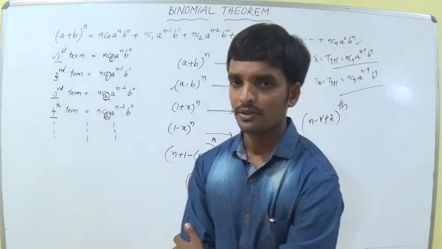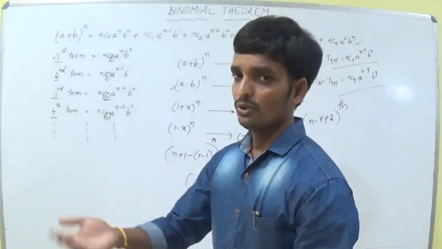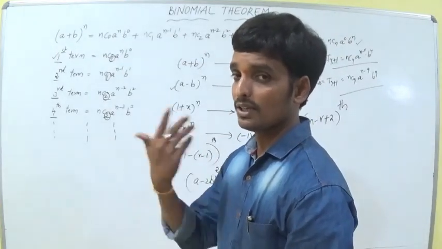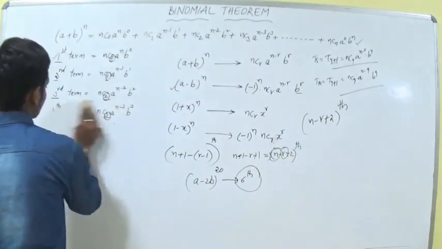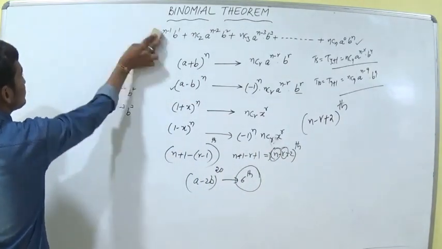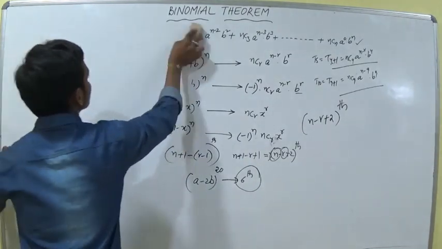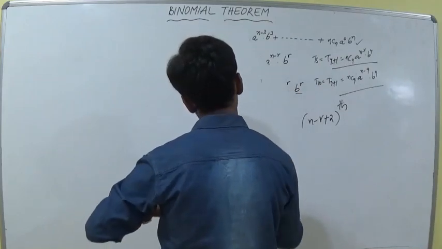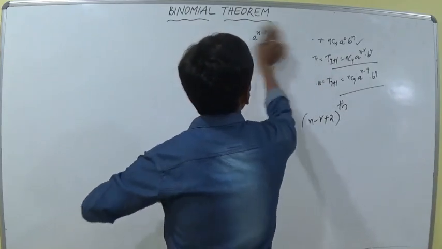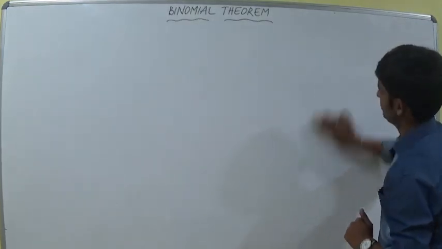Are you okay? Now I am erasing the board. At the time of erasing, you have to recalculate and recapture all the general formulas. Memorize all, that means recite all. T r plus 1 is equal to, the same way.